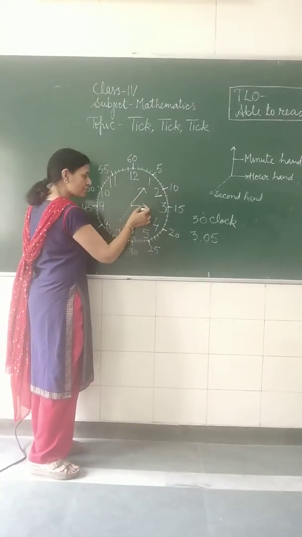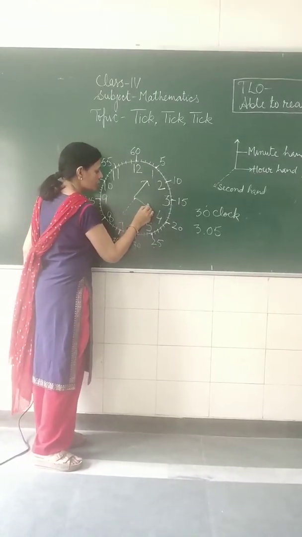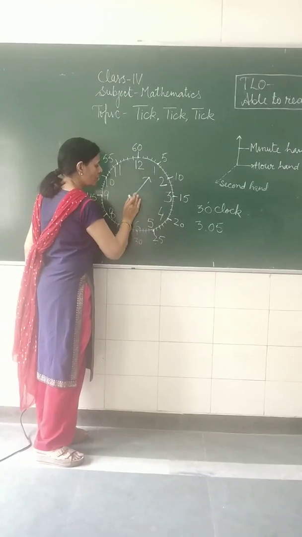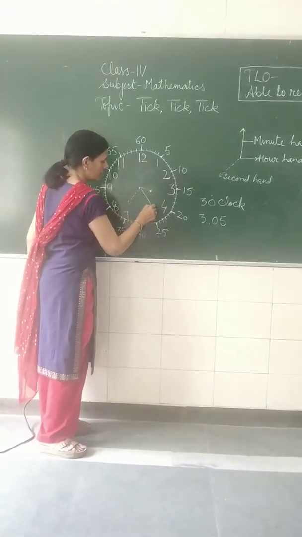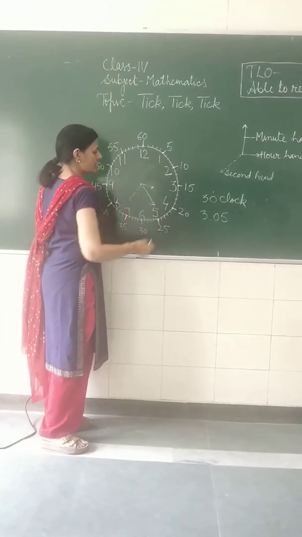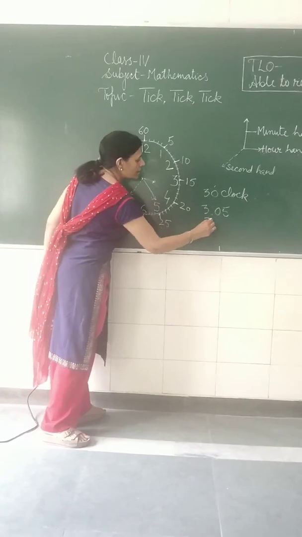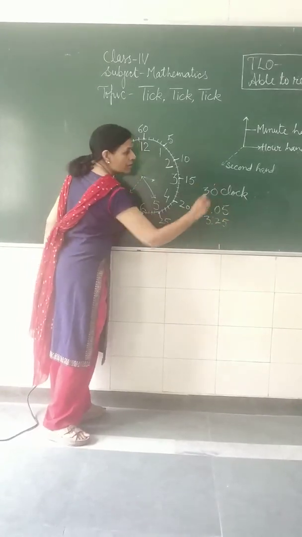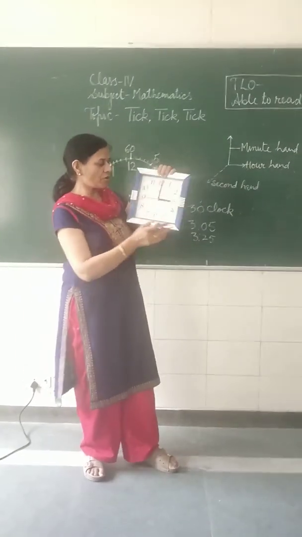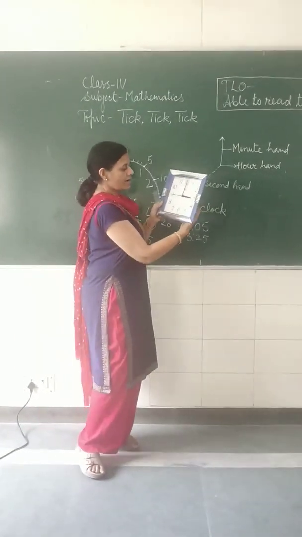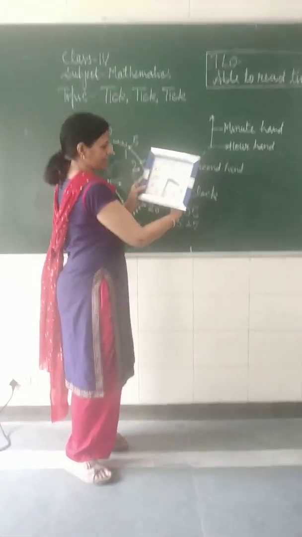By then, small hand is also started moving. Suppose this small hand is at now this, and big hand is at this. So this is 3:25, and now I will tell you with this clock also. This is 3 o'clock, 3:30. I will show how to set the clock at 3:30.